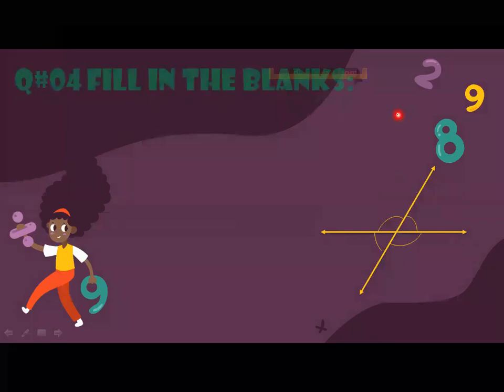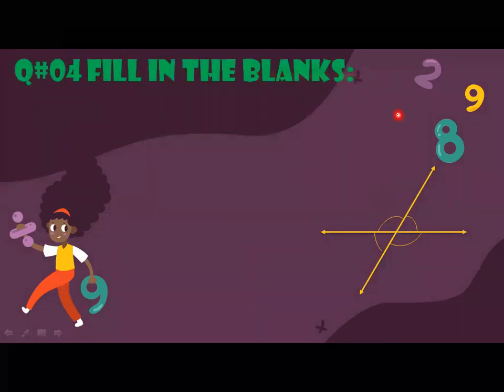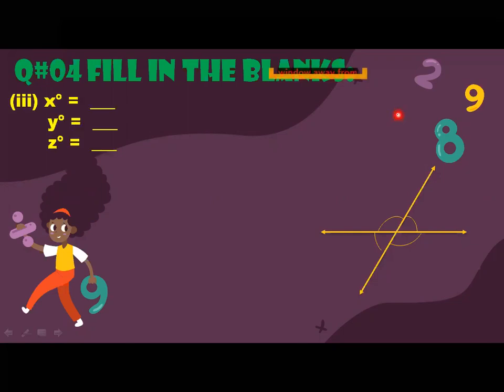Next question, again the same question, a little bit complicated figure here. Okay, now the question is the same, fill in the blanks. Now what you have to fill in here? Oh, you have to find out three angles. Number one, angle X, number two, angle Y, and number three, angle Z. Here you are going to find out three angles. Previously you were finding only one angle. Now suddenly all of you are going to find out three angles. So how will you do it?